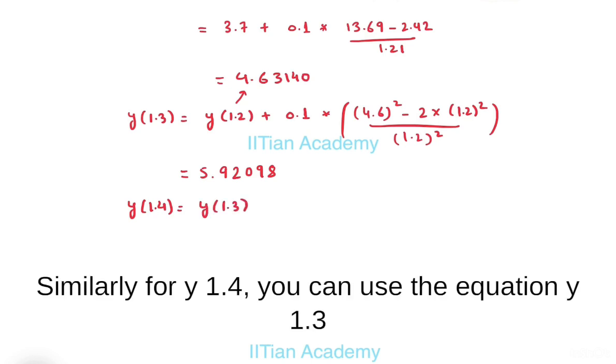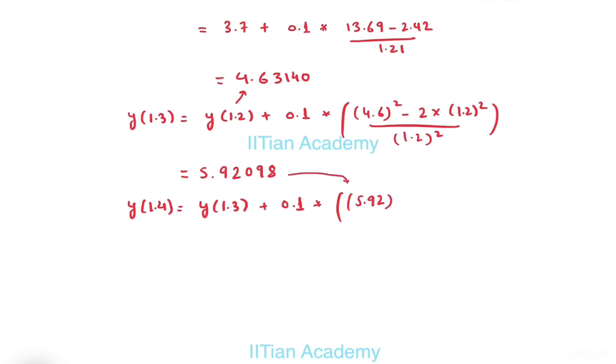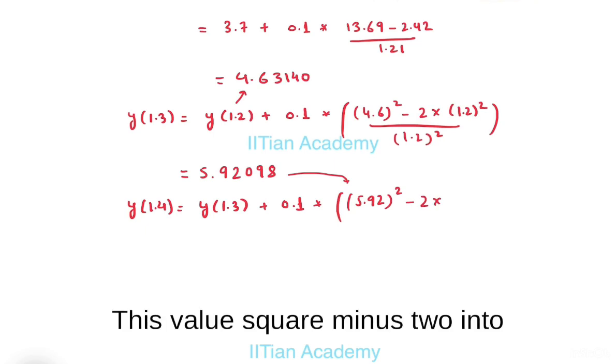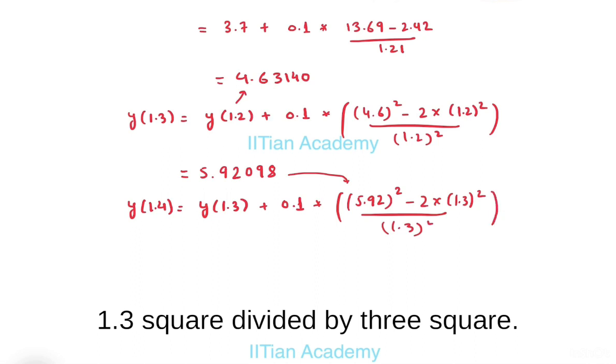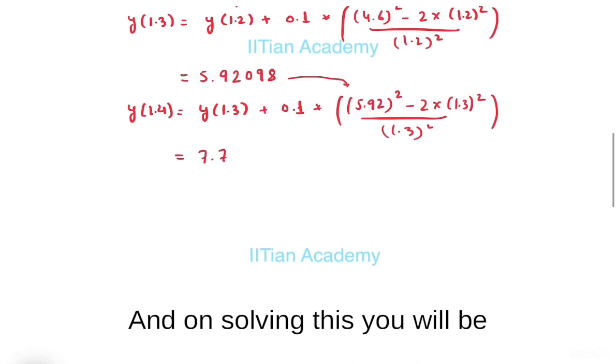Similarly for y at 1.4 you can use y at 1.3 plus the step size 0.1 multiplied by 5.92 square minus 2 into 1.3 square divided by 1.3 square, and on solving this you will get